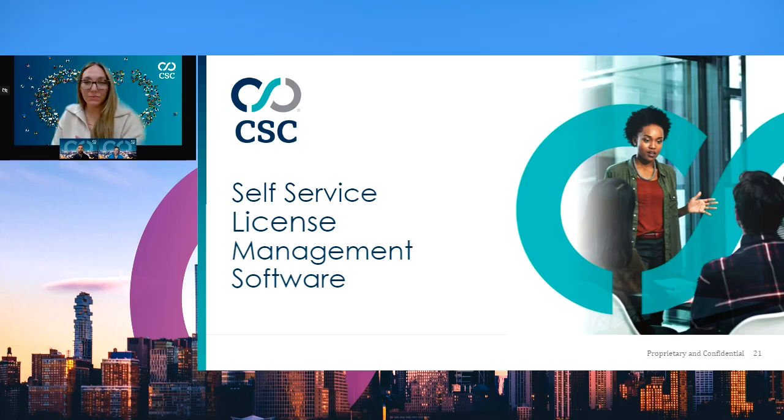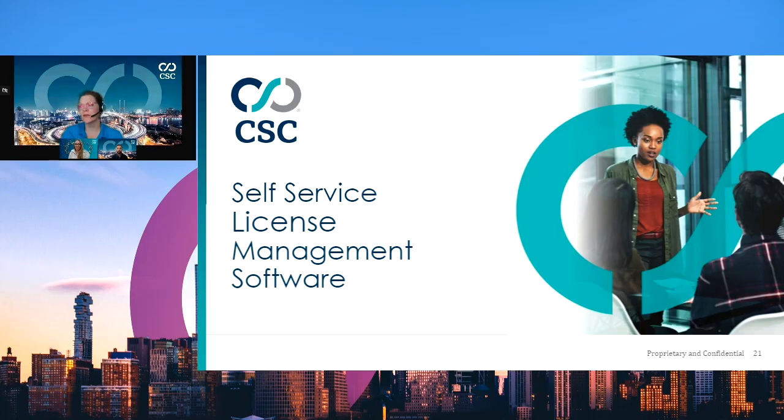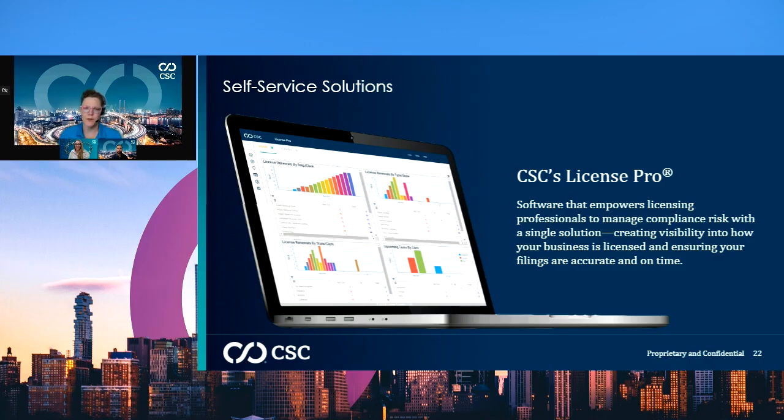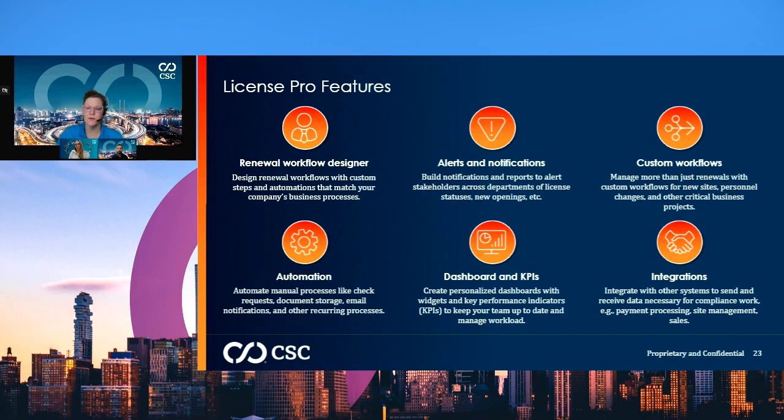So one of the things we want to talk about is, other than us doing the work for you for business licensing in particular, we also have a self-service application called CSC License Pro. This is software that clients would implement in-house to manage their licensing through a centralized database across all their different teams. We see our License Pro software being used with companies across all different demographics, all different businesses. And we really want to make sure that we highlight those tools and how you can also do self-managed